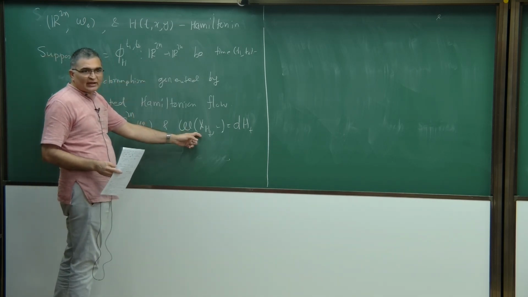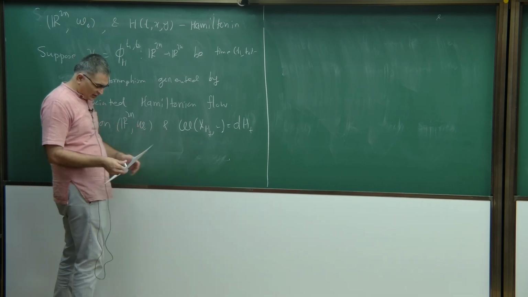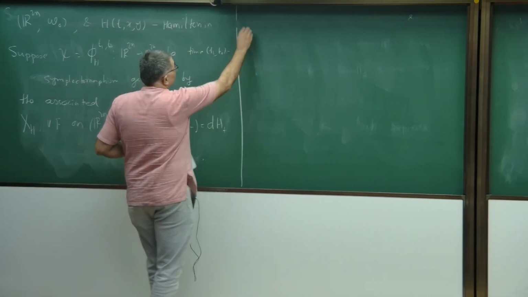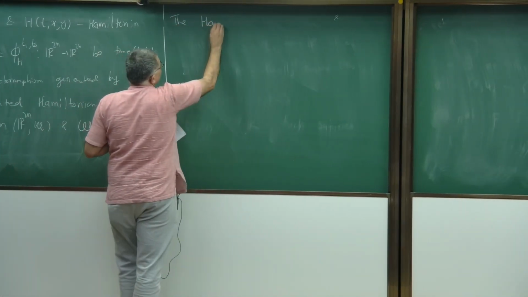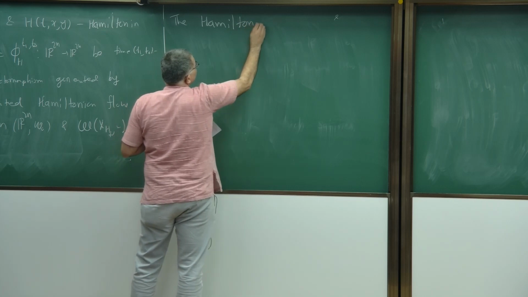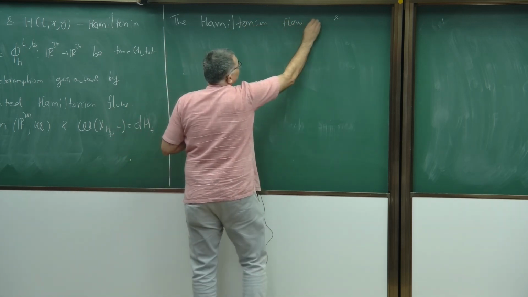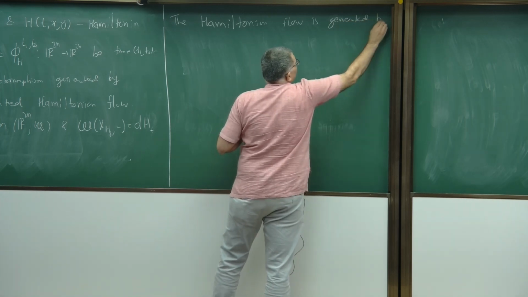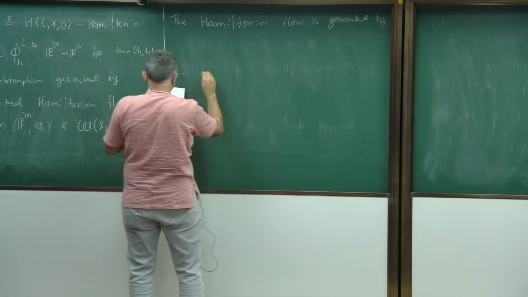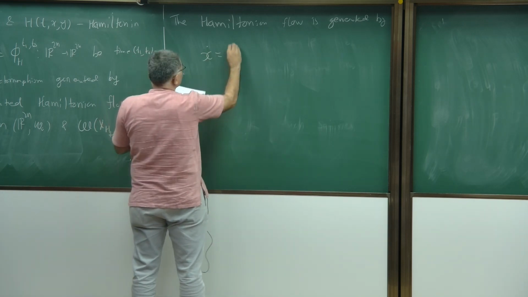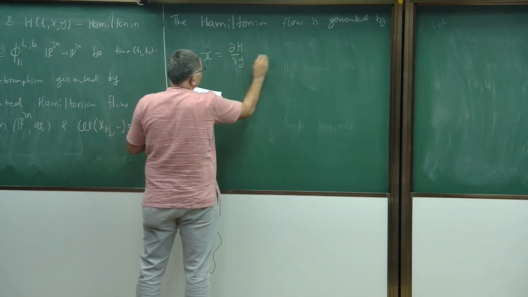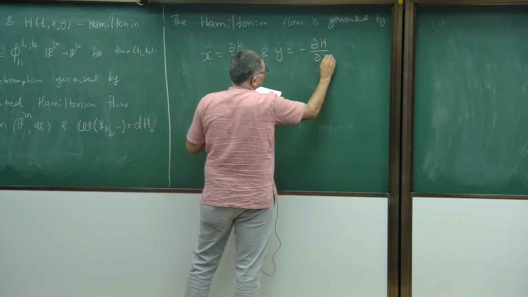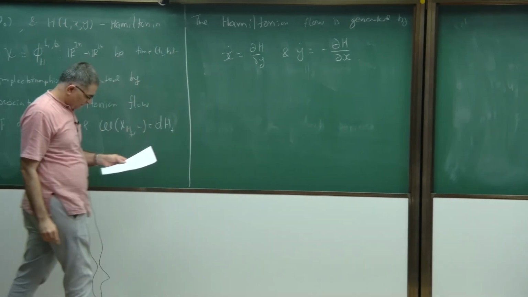If I actually find this vector field X_H, I will get the formula that the flow is generated by x dot equal to